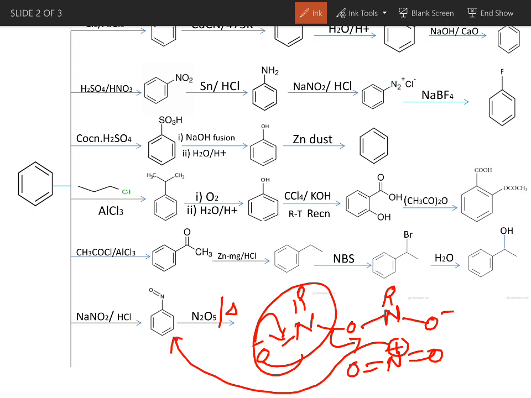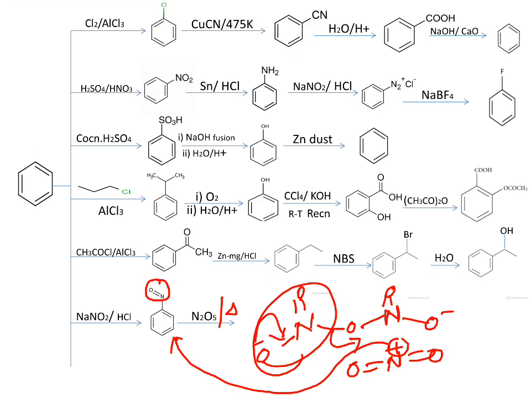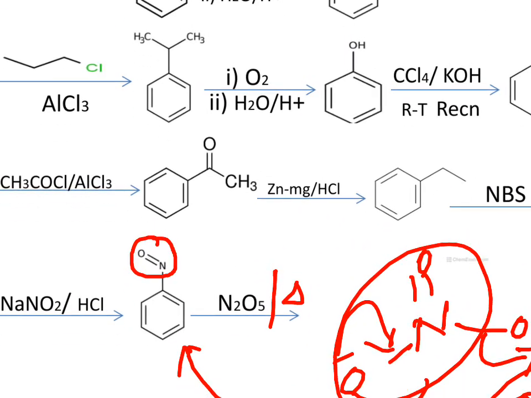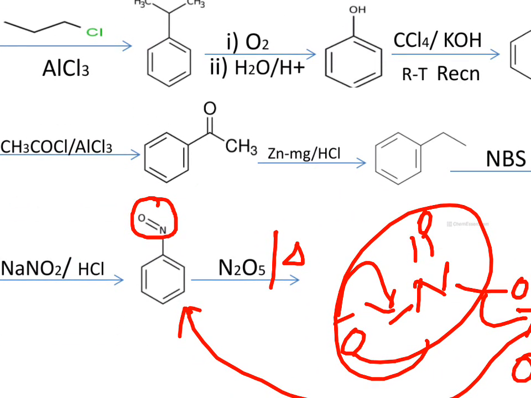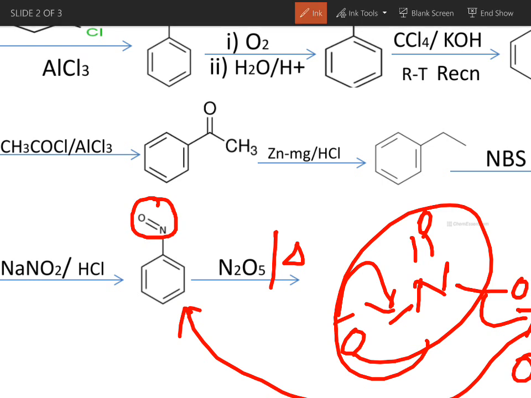Now the question arises that this coming electrophile will attach on which position, because this benzene already contains a group. If you carefully observe, N double bond O is an electron withdrawing group. Electron withdrawing groups are meta directing groups. But in this case, N double bond O is acting as ortho and para directing. The reason behind that is formation of a more stable carbocation.